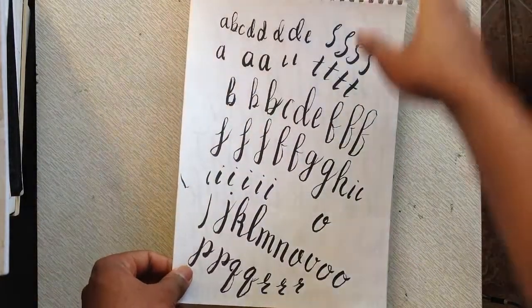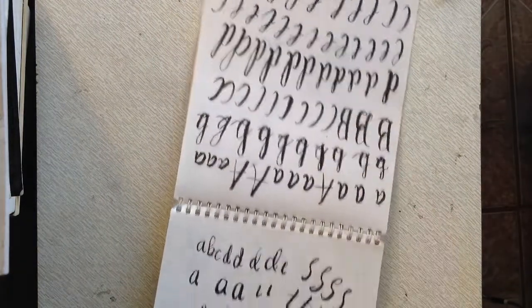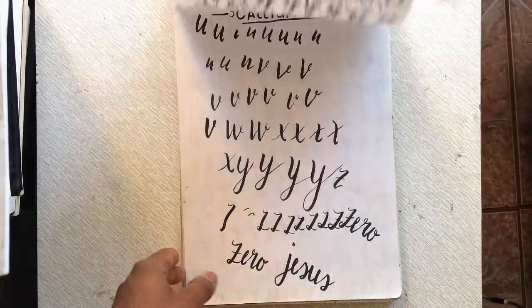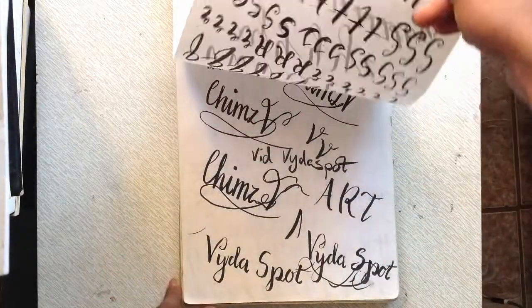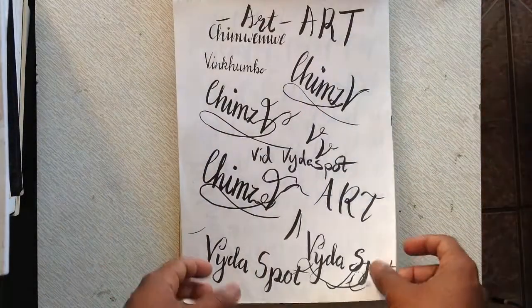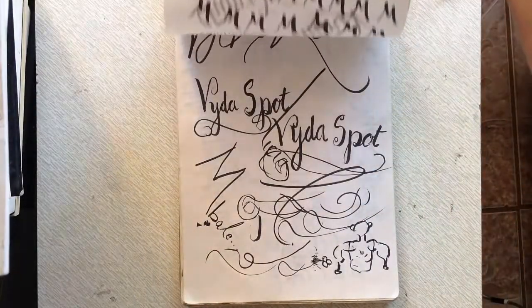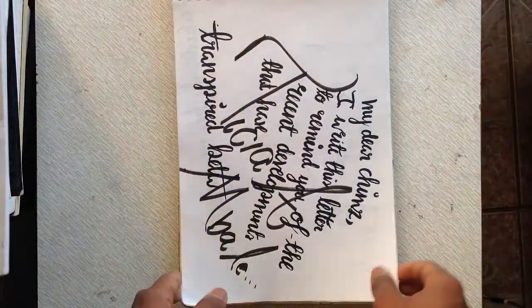So this is just a lot more calligraphy. I was even doing it on this side so as not to waste pages. A lot of calligraphy. This was more like practice for a day. I didn't really practice too much, and I don't really practice that much actually. I just try to watch as many videos as I can, and hope that I get better by the video, but that's not really how life works. But anyway,